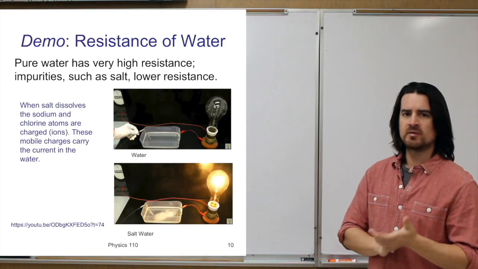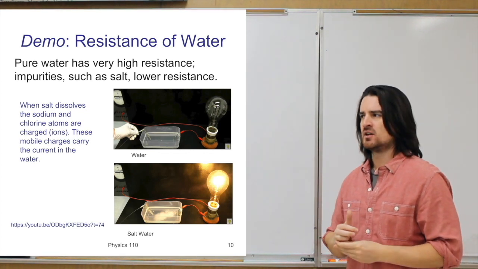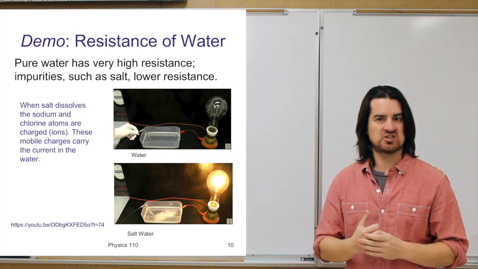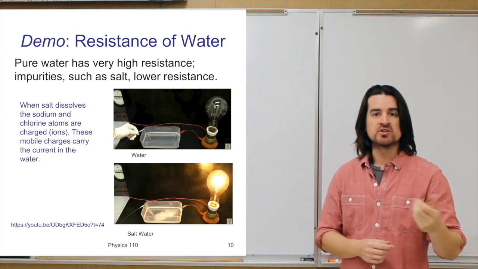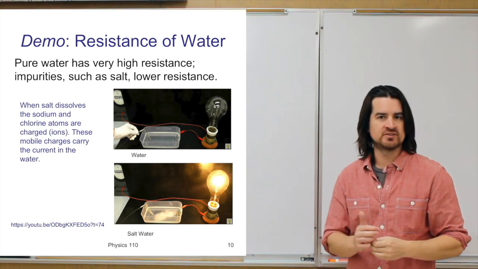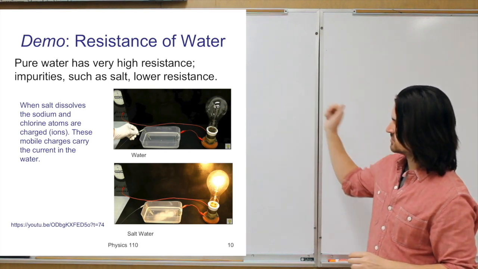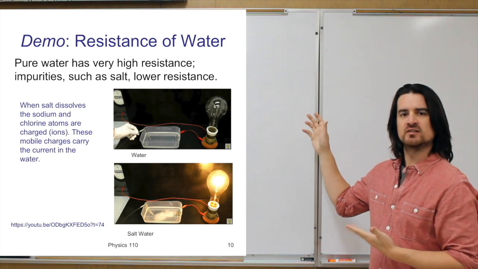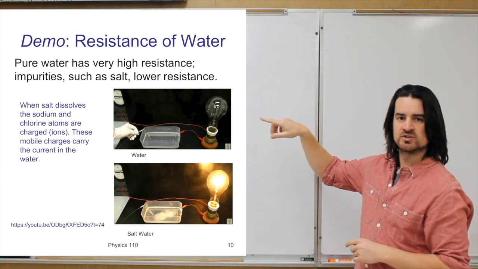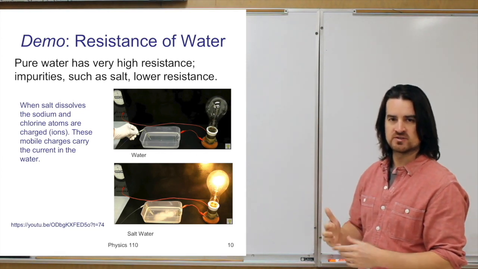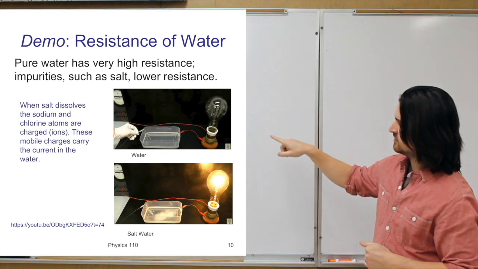Alright, let's see maybe an example of resistance in a circuit, and also how that resistance can be changed a bit. As I mentioned before, salt water or seawater is actually a pretty good conductor, whereas pure water is not a good conductor. In this demonstration, somebody's connected a circuit. In the video it's not as easy to see, but on the far left side of the image there's a power source, which is the source for our potential difference. And that source is connected to a light bulb, and then the other side of that light bulb, instead